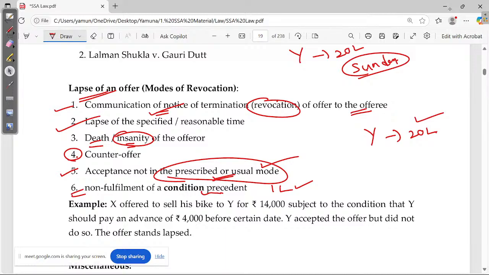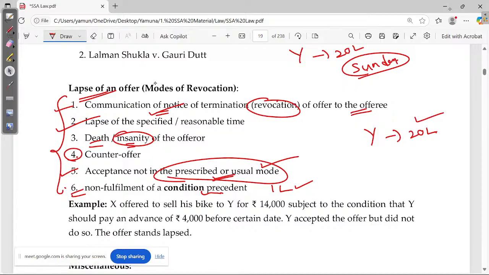So this will not become an offer and automatically the offer lapses. So because of these 6 points, an offer can lapse. And the other heading for lapse, lapse means what? Overcome. What do you mean by this? Lapse of an offer means it comes to an end. Offer is given but is not valid hereafter.